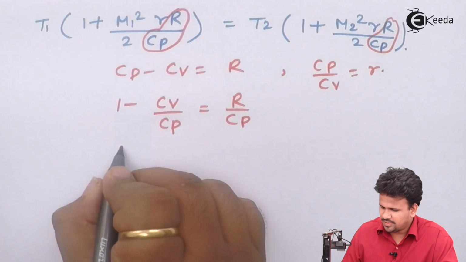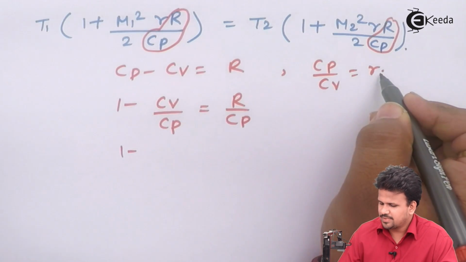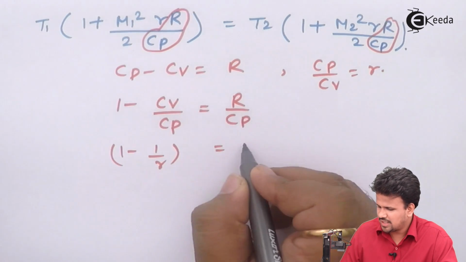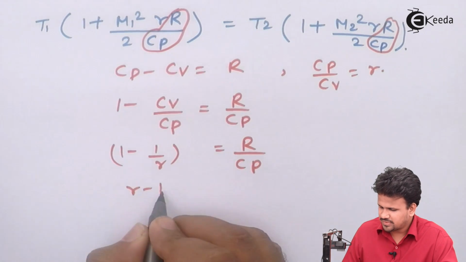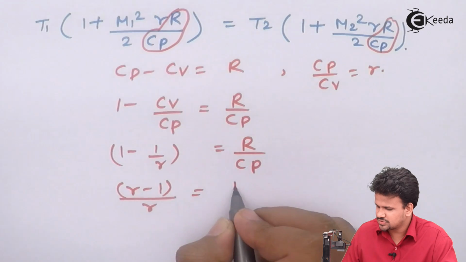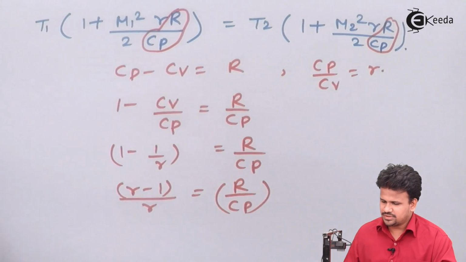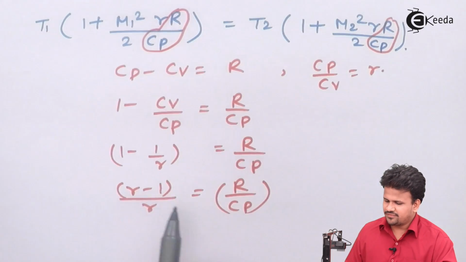We know that Cp by Cv is equal to gamma, so the inverse of that will be 1 upon gamma. So 1 minus 1 upon gamma, cross multiplying, gamma minus 1 upon gamma is equal to R upon Cp. Now in this equation, when we substitute the value, gamma will go away and we'll be left with